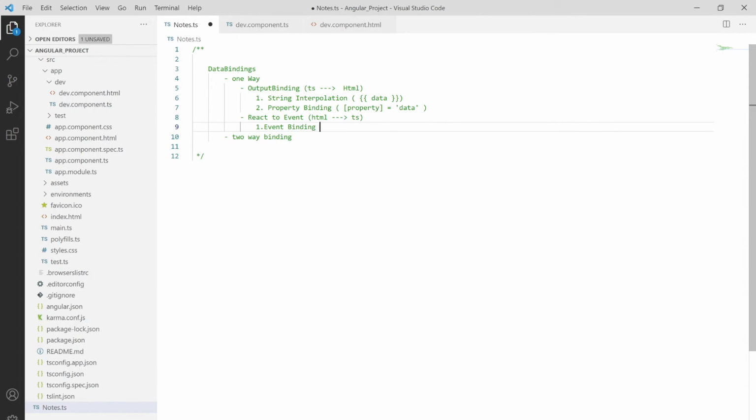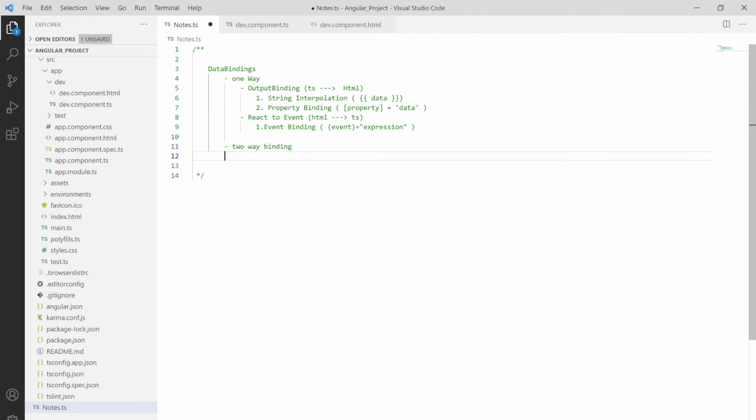The syntax for it is that I'm passing that particular event over here. Say it clicks the button and you have to do something, then what it will do, I pass over here as an expression. And so one-way binding is complete, so let's move to two-way binding.